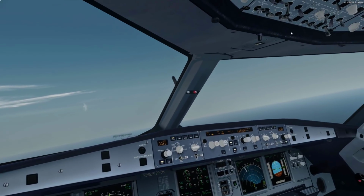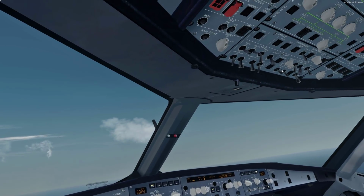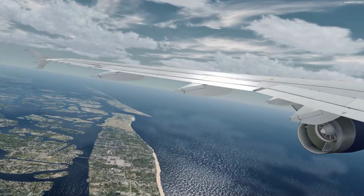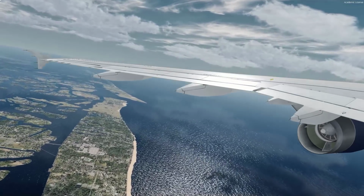Right, it is the day. Let's go and turn off the lights. We can see, everyone can see this massive JetBlue aircraft. It's flying everywhere. So yeah, I'll see you down in the descent into St. Maarten. It'll still be the day, don't worry. So it's going to have a lovely approach into St. Maarten. That sea textures though,